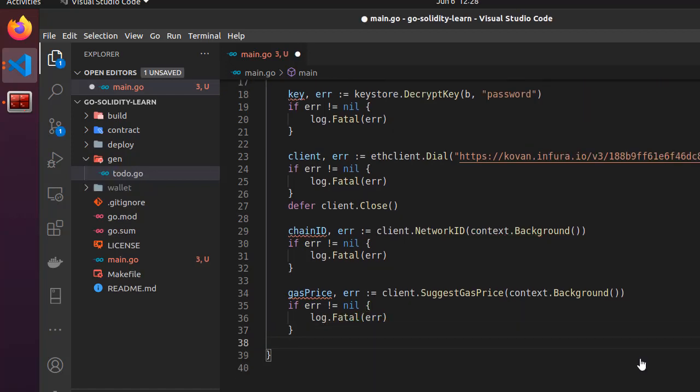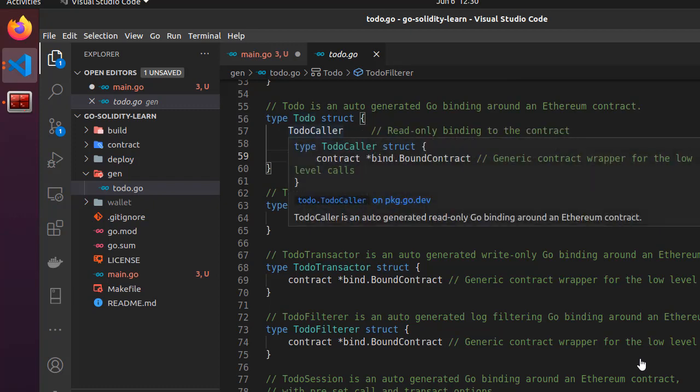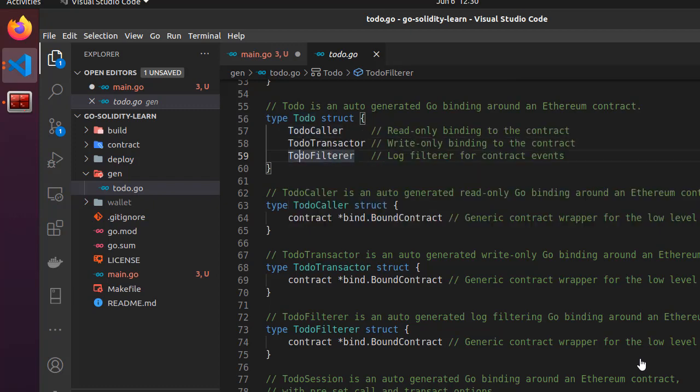Next, we have to use the todo.go file that we generated with abigen. Inside this file, we have this Todo structure. Okay, so we can now use it to interact with our smart contract. It has three embedded structures: a caller, transactor, and filterer. Okay, so the caller is related to all the different functions that we implemented inside Solidity and have a view keyword.